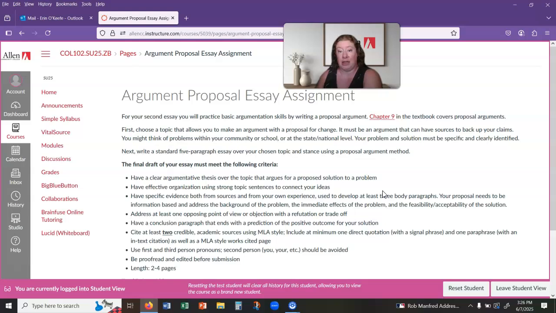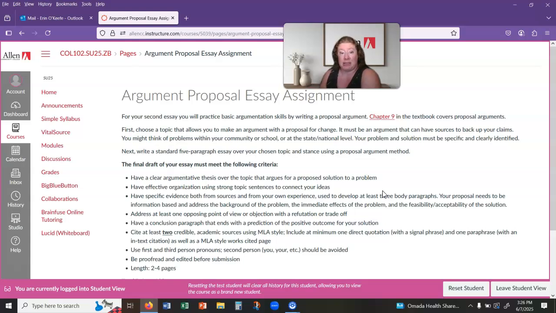So rather than looking at the pros and cons of solar farms in general, I would focus on just whether or not Osage County should or should not approve the solar farm, if I'm in favor of it, because that would be arguing for a solution to a problem, the problem being a lack of energy sources in the county or a lack of revenue in the county, then that would be one solution too.